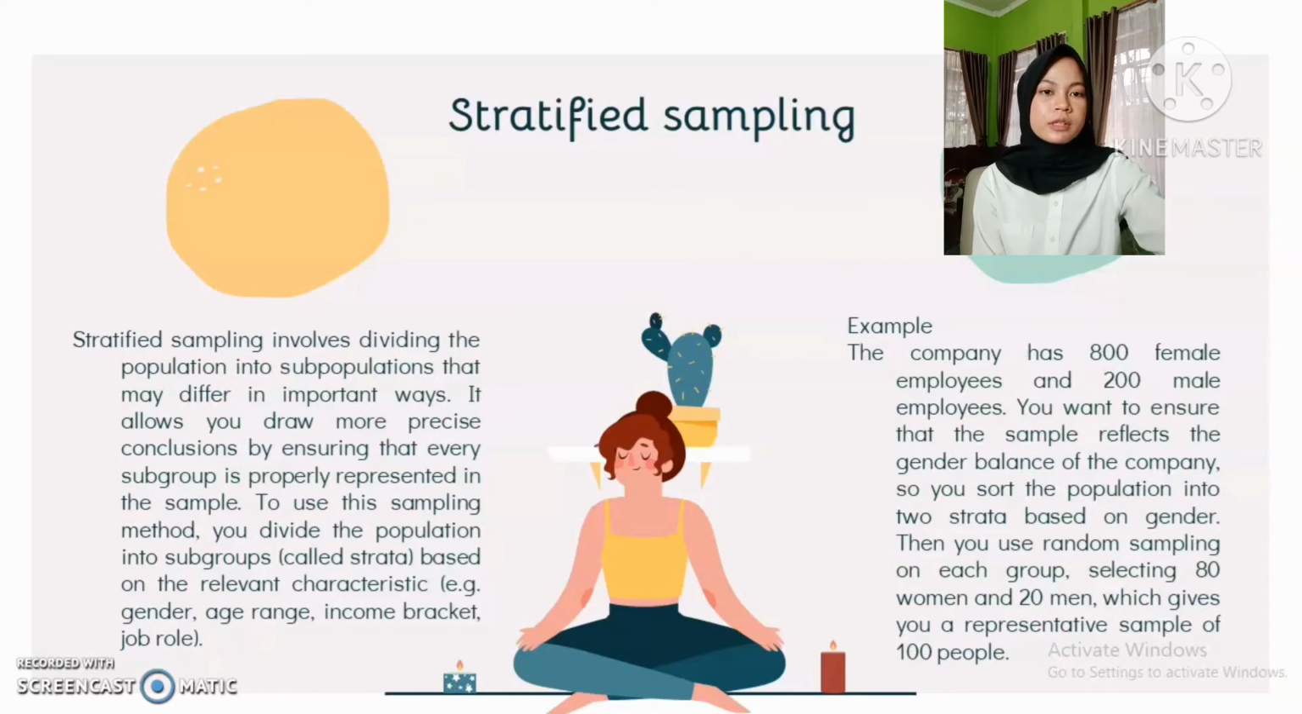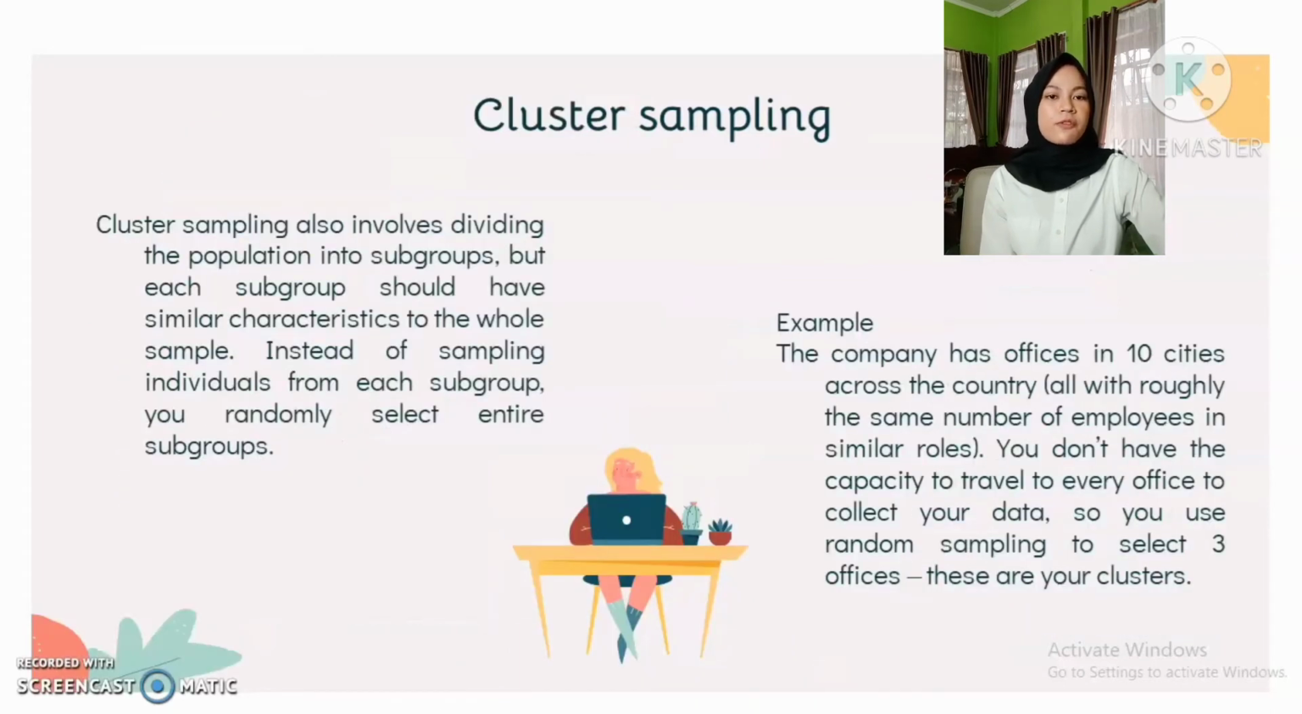And the fourth is about cluster sampling. Cluster sampling also involves dividing the population into subgroups, but each subgroup should have similar characteristics to the whole sample. Instead of sampling individuals from each subgroup, you randomly select entire subgroups. This method is good for dealing with large and dispersed populations, but there is more risk of error in the